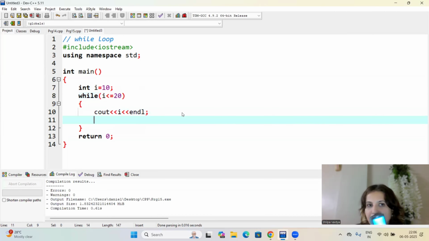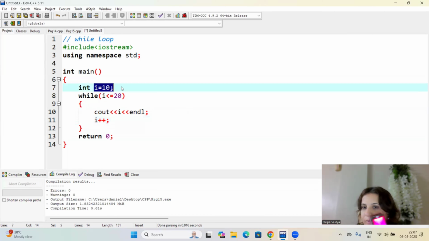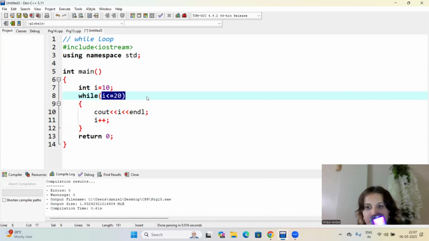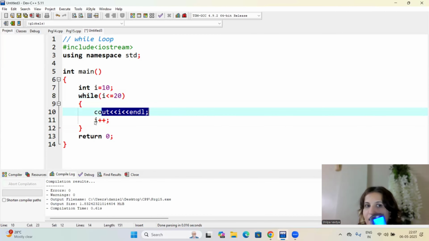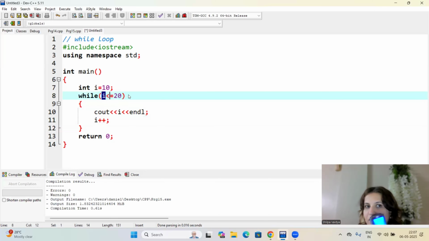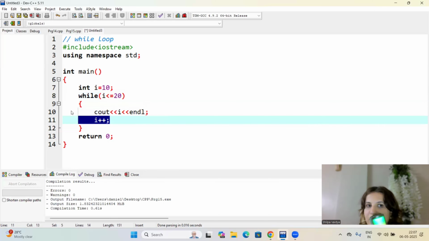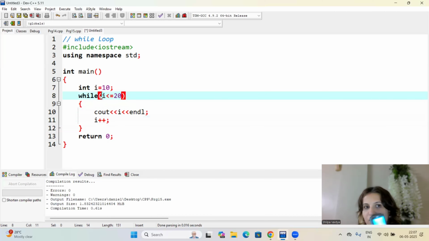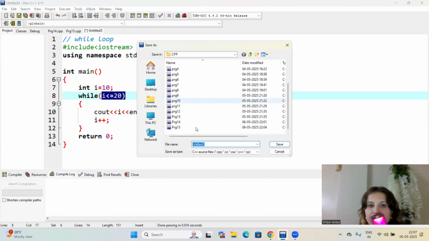So instead, what I have to do, I have to increment or decrement the value. Here, in this case, the suitable thing is increment. What will happen when you give i plus plus? Initially, i will be 10. 10 is less than or equal to 20 is true. 10 gets printed. i will become 11. Next iteration. 11 less than or equal to 20 is true. 11 gets printed, becomes 12. This keeps on happening till 20. The moment i becomes 21, 21 less than or equal to 20 is false. You come out of the loop. So if I'm running this,